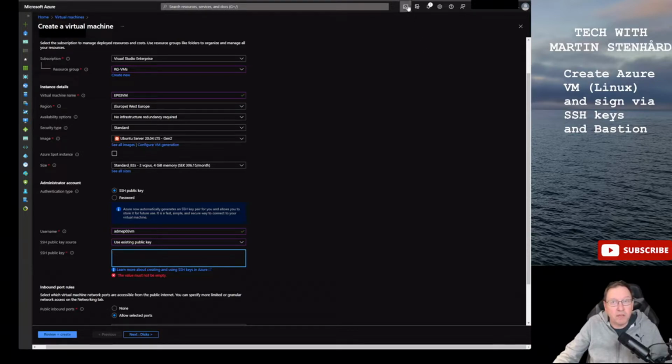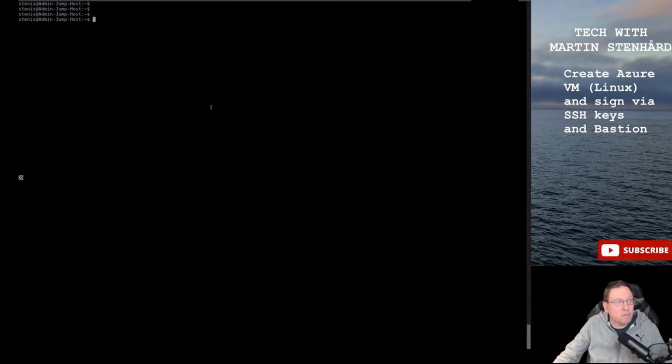You can do it from the Cloud Shell if you want, or as I like to do it, from a jump host. So I have the jump host here already up and running. Access it via, so to say, Bastion SSH. It's a format I would like to take, an RSA key with 4096 bits,